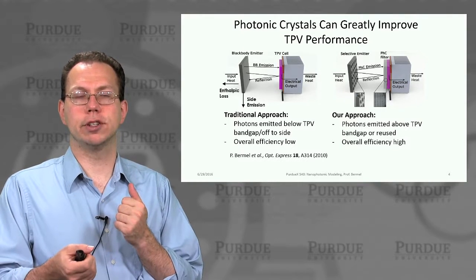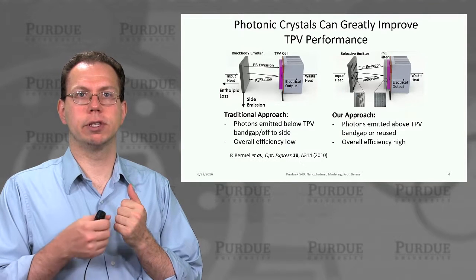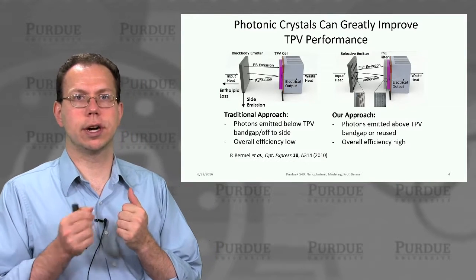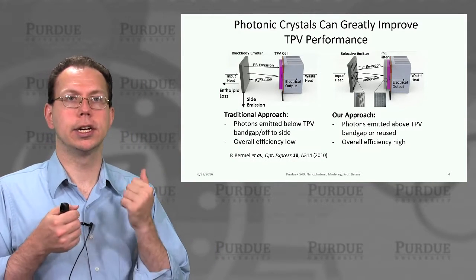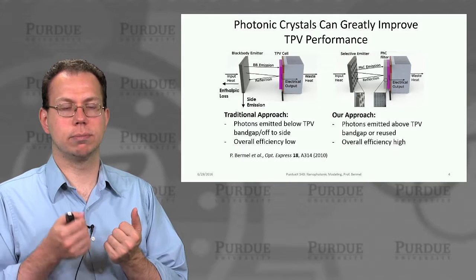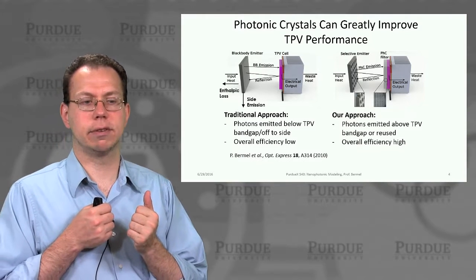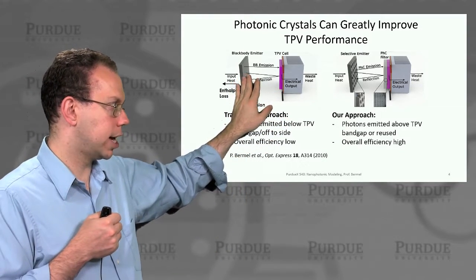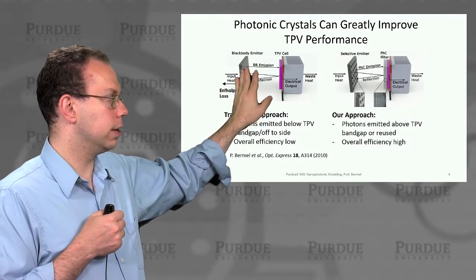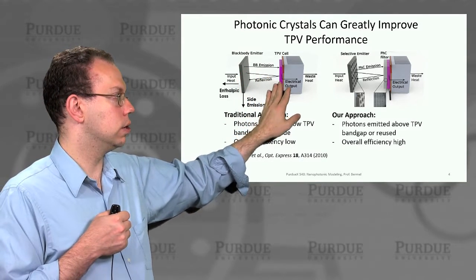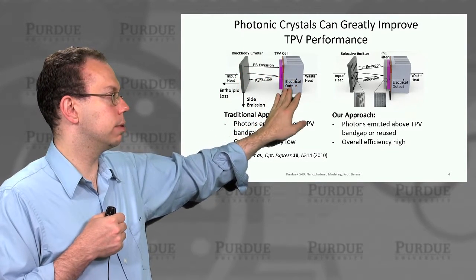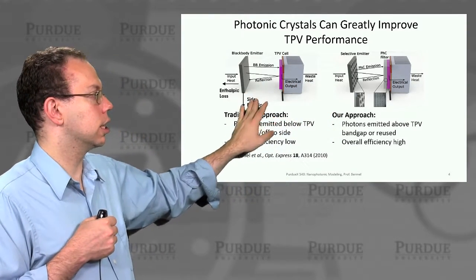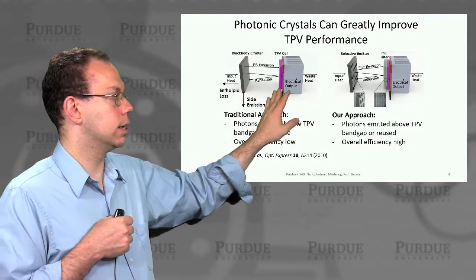And so definitely reducing the band gap is usually very helpful for most reasonable temperatures. But then a second approach actually is to use photonic crystals or other types of selective emitter structures to shape the thermal emission spectrum before it reaches the photovoltaic cell in the first place. And so if you don't do that, then you can see in this picture on the left that the efficiency is going to be very low because you emit some wavelengths that are useful, but many are absorbed and then generate waste heat.